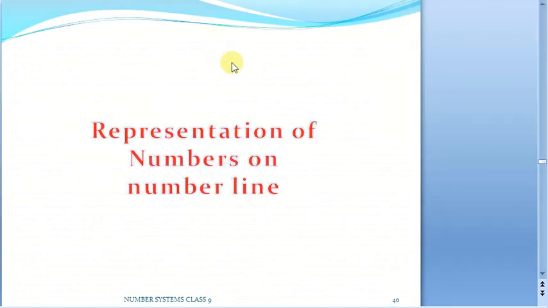Already in our 8th class we have learned how to represent the rational form on the number line. For example, suppose if we need to represent 1 by 8 on the number line. So we have seen this in our 8th class. So what I will do, just I will take you through these examples also, then we shall slowly move towards how to represent the decimal expansions on the number line. So let us take some examples and we shall revise the things we have learned in the 8th class.